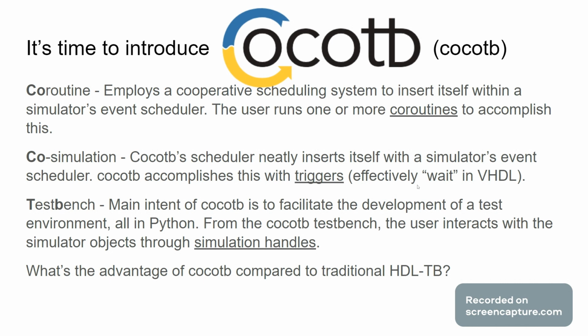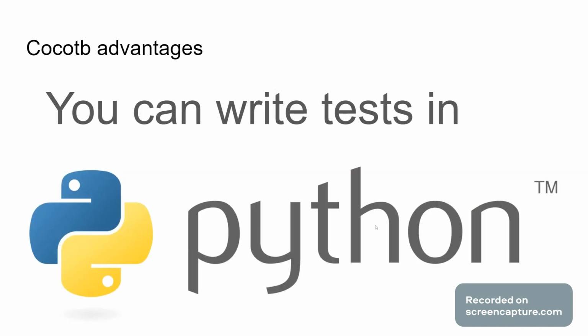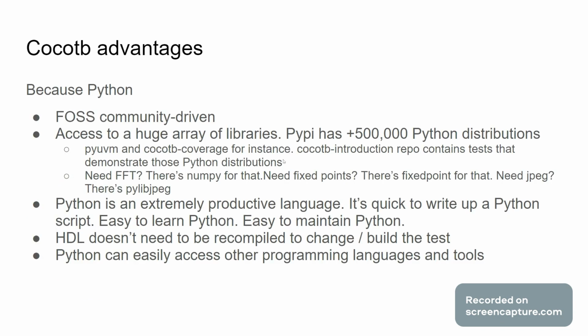So what's the advantage of cocotb compared to traditional HDL test benches? I already mentioned this, but the advantage really just boils down to the fact that you can write your tests in Python, which I know sounds pretty simple, but anybody who's familiar with Python already knows the advantages writing things in Python can get you. If you're able to write your simulations, or at least a portion of them, in Python, you gain advantages like